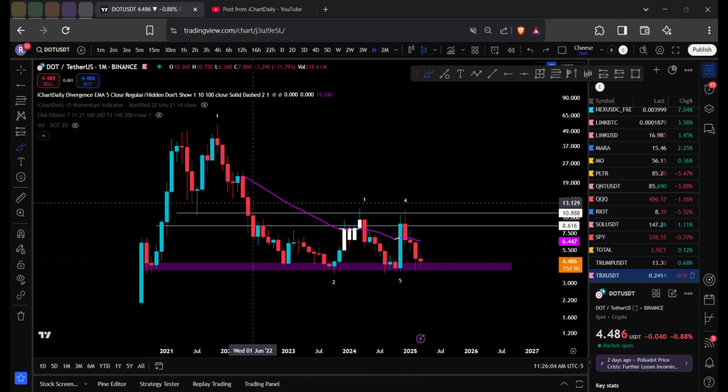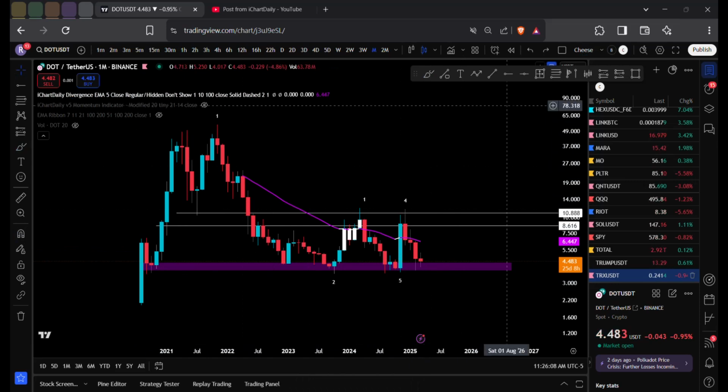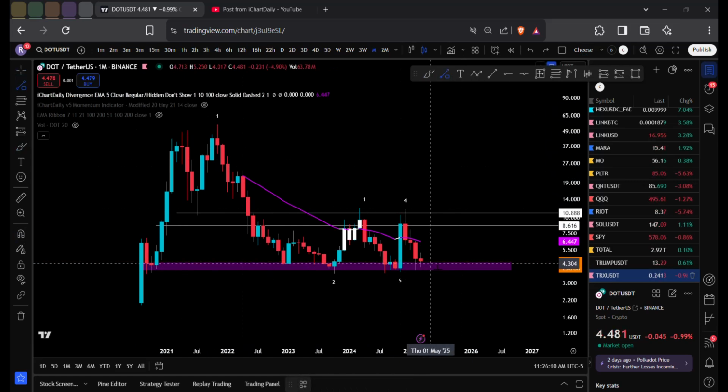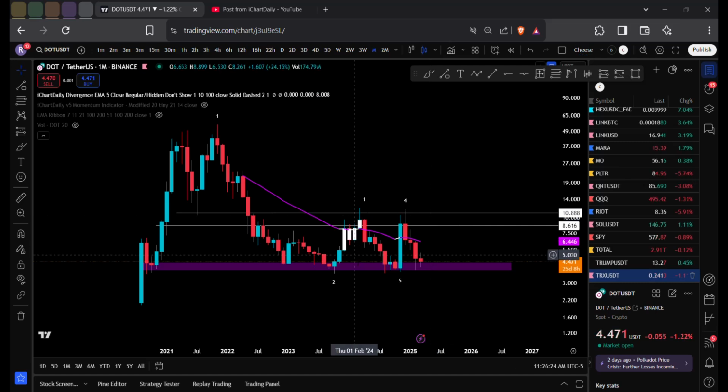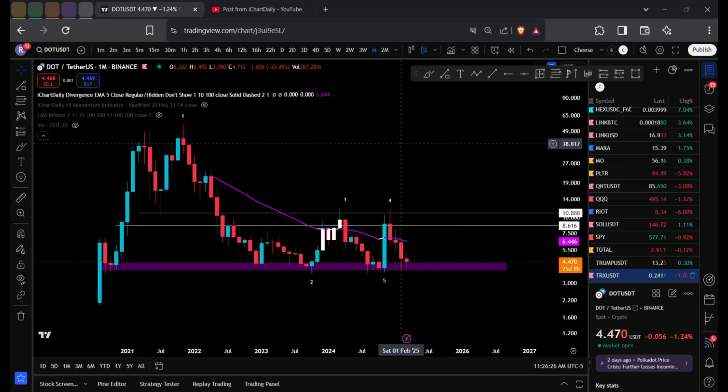I'm also going to confluence it up with wicks, right? So you can see here, Polkadot has a nice return of, it has to use the moving average first. So you're looking at, let's just say 35 to 45. If it breaks that, then you're looking at 80 to 100 to 125%. White candles mean selling pressure on the way out.